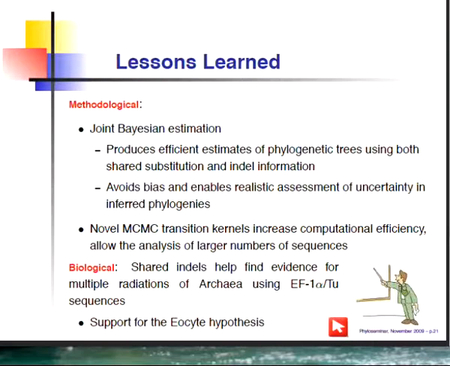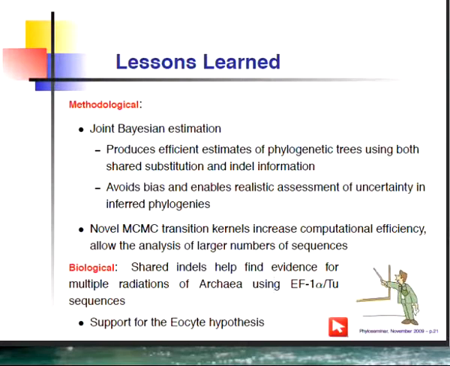So what you can do is develop a joint model that allows you to write down a stochastic process over the homology statements and the substitution processes at the same time. This allows you to produce sufficient estimates of the phylogenetic tree, and you get the additional benefit of using information from shared insertion deletion events to help resolve parts of the tree that you weren't able to grab before. Additionally, by doing this integration, you can avoid bias that gets introduced by conditioning on what might be a false alignment. And it also enables you to put realistic assessments of the uncertainty on the tree and on the homology statements themselves.